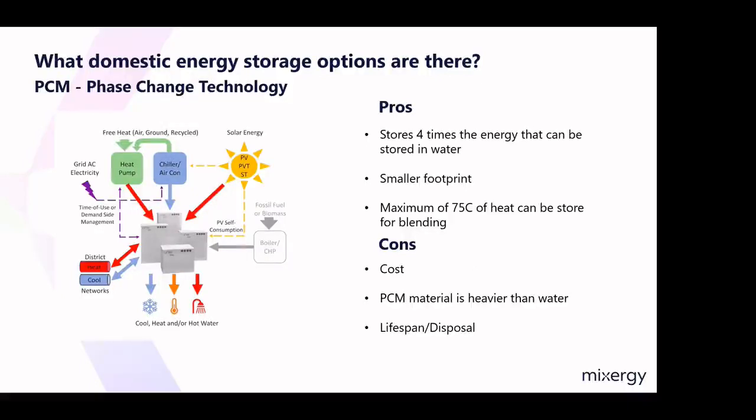How do phase change materials, or PCMs, work? For this CPD, we're going to concentrate on heat rather than cooling. PCMs can be heated from a variety of sources: a boiler, heat pump, solar, or even district heating. Traditionally, heat is stored in water by gradually adding energy until it achieves a safe maximum temperature, usually 75 degrees if a blending valve can be used, and at this point it's no longer possible to store any more energy. PCMs are solid at room temperature, and it takes energy to melt them at varying temperatures, usually in excess of 58 degrees C. Typically, there could be around about 4 times as much energy stored as in water at the same volume.